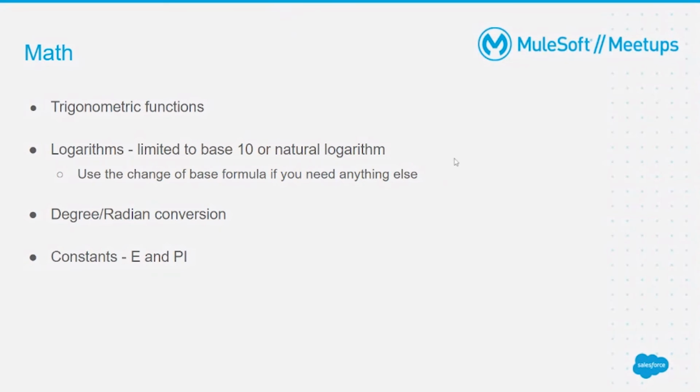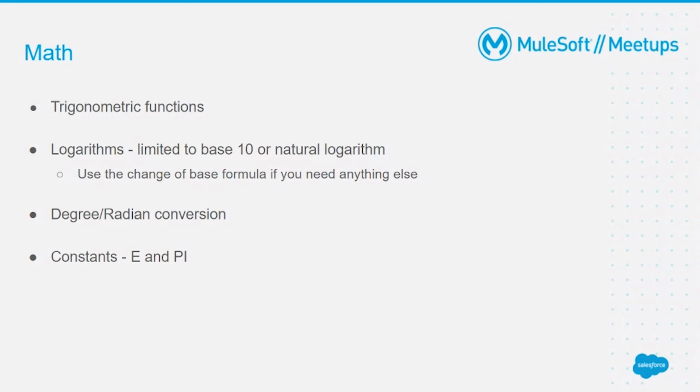It was probably a poor explanation of it, but we're getting wildly off topic. Note that you can get any base logarithm using this. There's some functions for conversion between degrees and radians, which can be helpful to use with your trigonometric functions. And finally, the e and pi constants that will be useful in different